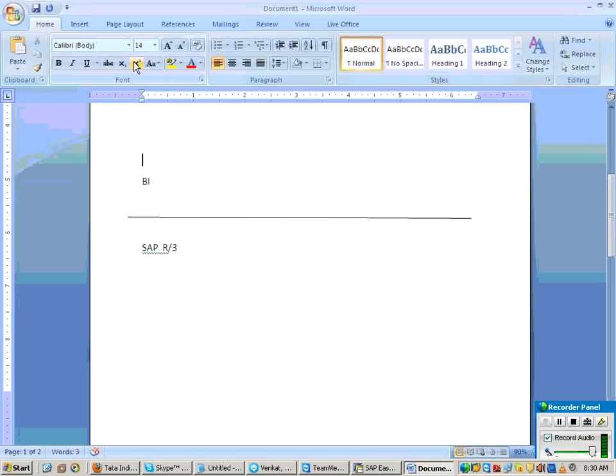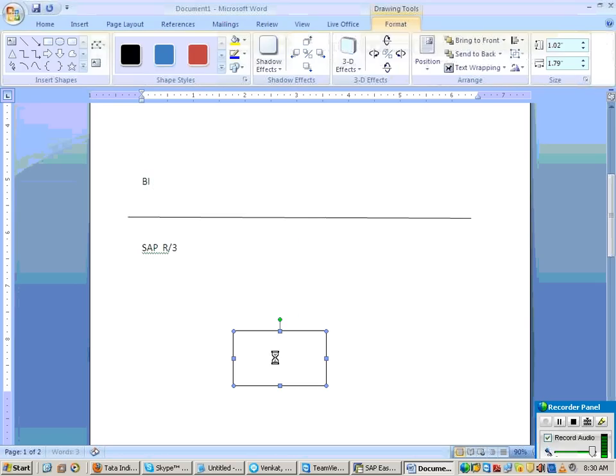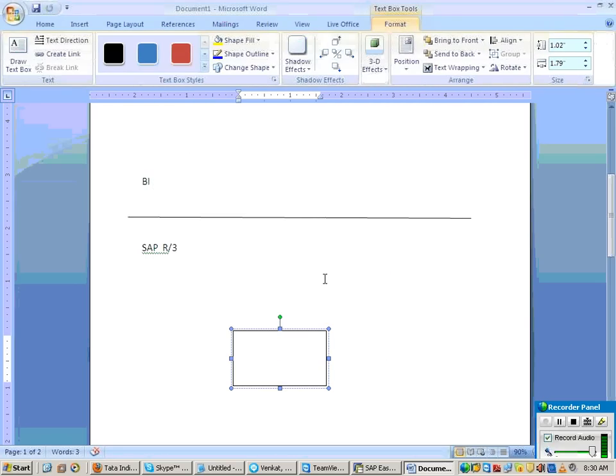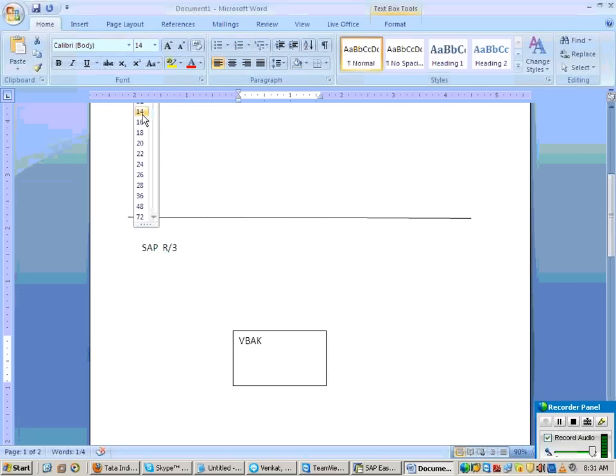Imagine my data is stored in R3. Suppose I want to extract the data from the sales order header, which is the VBAK table. Imagine this VBAK table consists of, let us say, 100 fields.